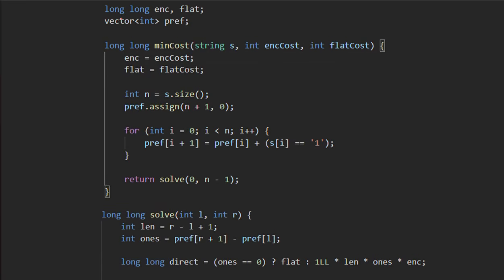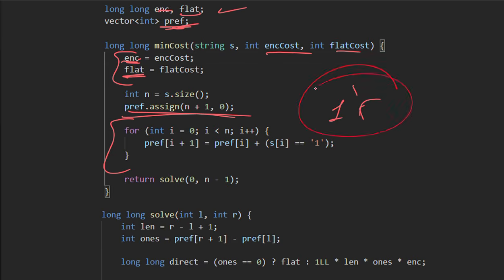We have taken some global variables, that is the encryption cost, flat cost and prefix. We assign the encryption cost value and flat cost value to the global variables, and then we store all the prefix counts of ones in the global prefix array.